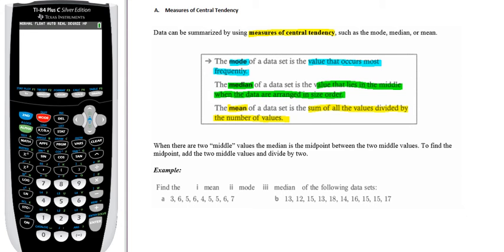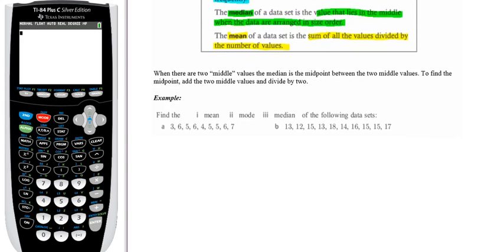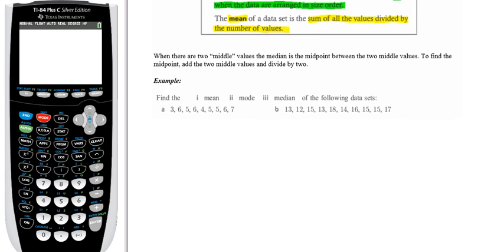One thing about the median: when there are two middle values, the median is the midpoint between them. So you would add the two middle values and divide by 2. So let's start with some straightforward examples where we have a raw data set and we're finding each of these by hand. When we look at data set A, the mean is going to be the sum of all